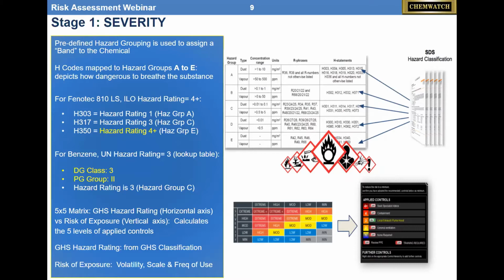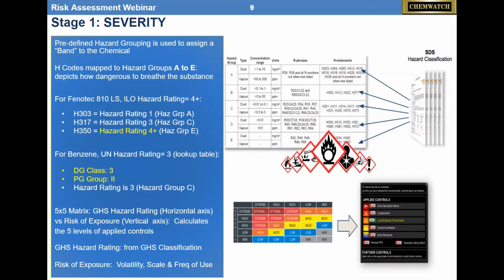And then for the UN hazard rating, and UN is the storage and transport risk assessment, we'll call it, that takes into consideration the DG rating and the packaging class for the material. And what we use is a lookup table, a UN lookup table. We connect a wiki to it and go out there and pull in that data based upon the material's DG class and PG group. That information is not added. That's part of the risk assessment data extraction that occurs. And I'll show you in a minute, it's on the next slide, but I don't want to jump to it yet, but a hazard rating of 3 is calculated from the DG class and the PG group of this material,